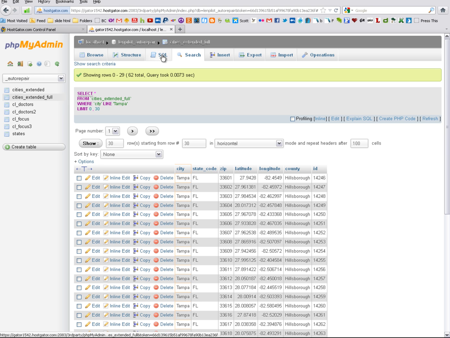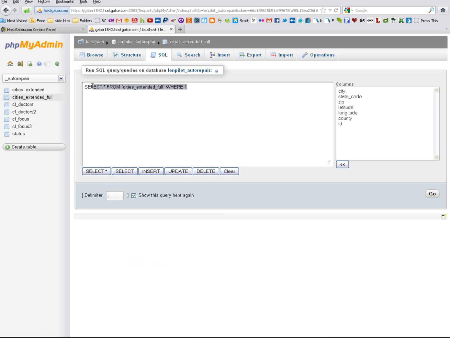So how do you get rid of all of this? How do you get rid of all your duplicates? It's really easy in phpMyAdmin if you know what you're doing. So what we're going to do is create a new table, and we're going to call this new table. And we're going to create this as select from